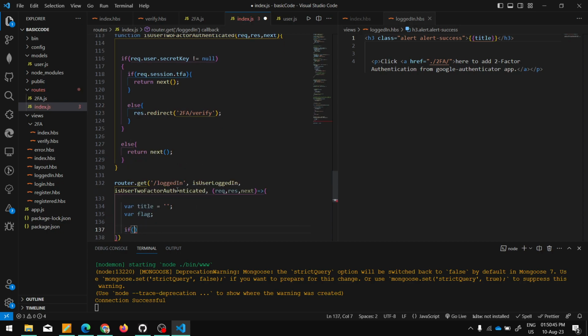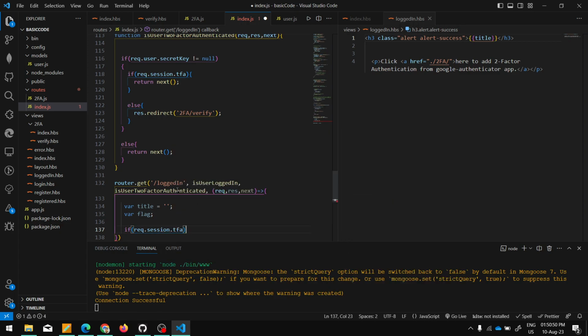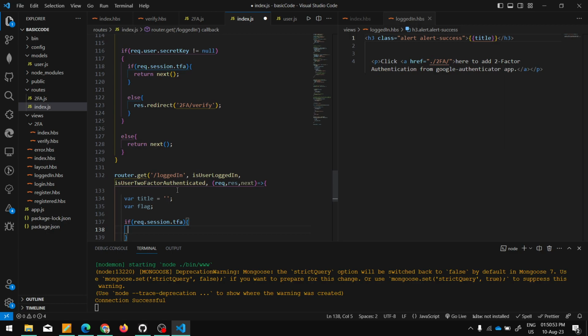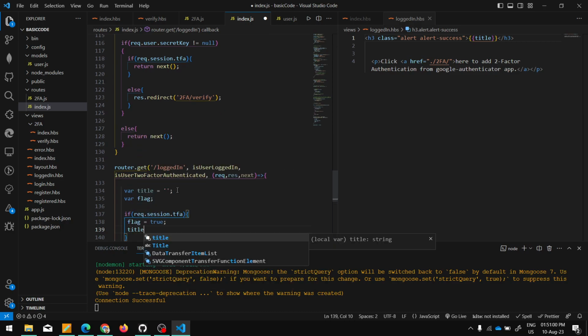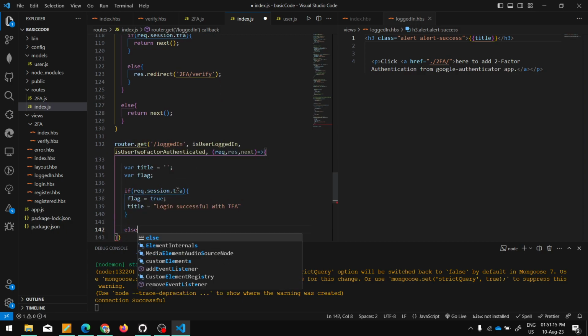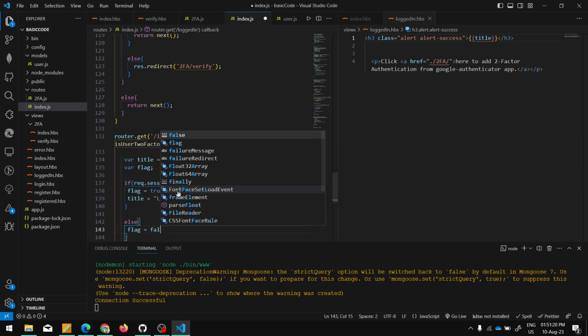So if the request.session.tfa value is true or false accordingly: if the value is true, then set the flag to true and title as login successful with two-factor authentication, otherwise, else, flag to false